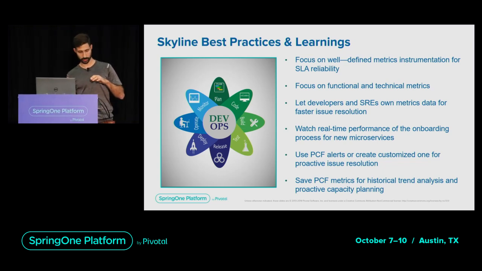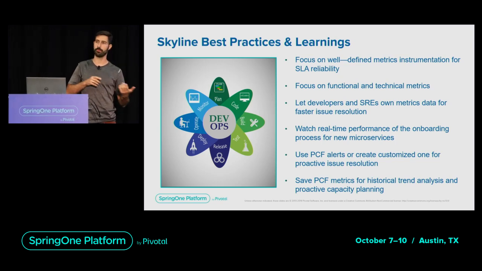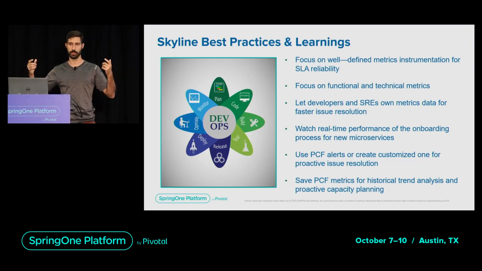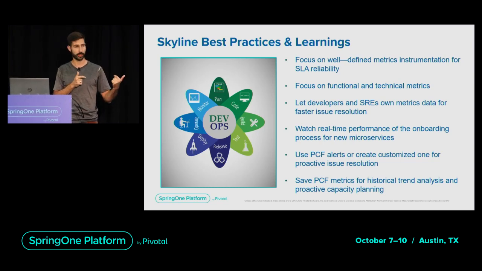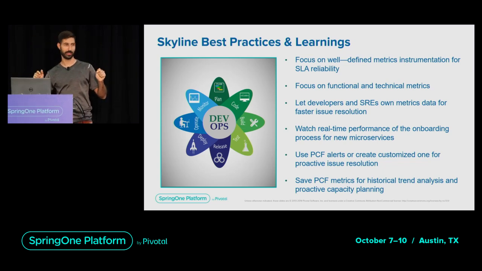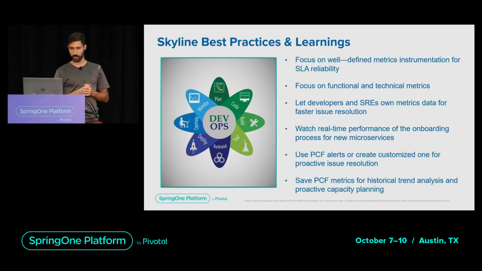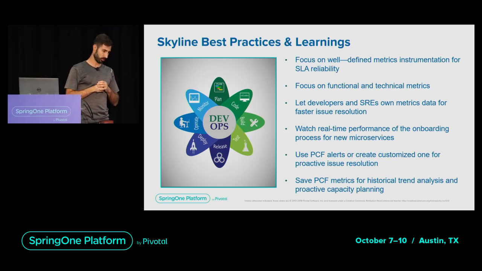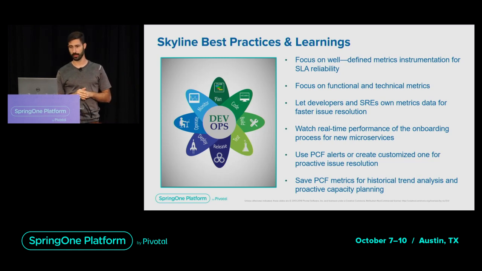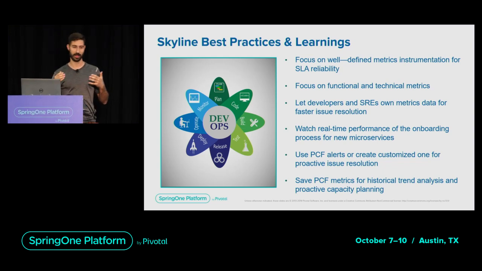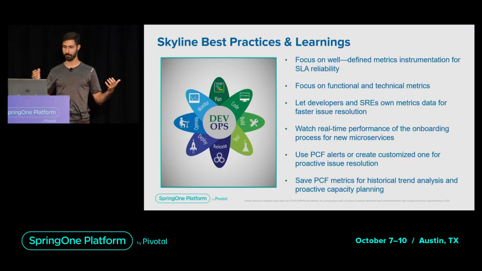You should not have only technical metrics, you should also have functional metrics that measure the functionality end to end. It's not one service, it's not distributed trace. Distributed trace can show just one of the traces among the functionality itself, but you have to have some kind of metrics that captures this. Developers and SREs, for those of you who have SRE teams, you should be looking at the same data, have the same understanding of the data, to be able to jump to resolutions really fast.